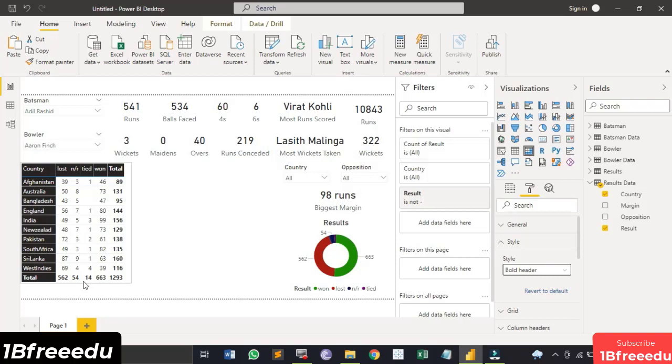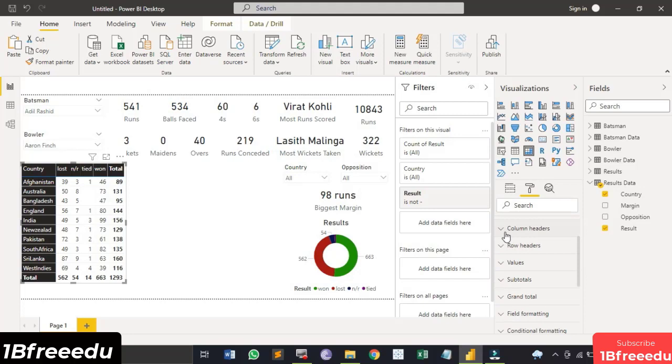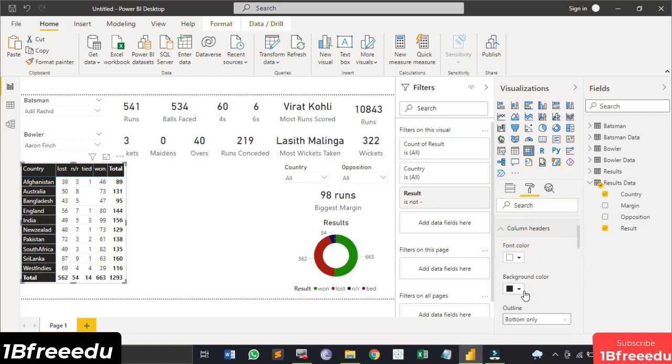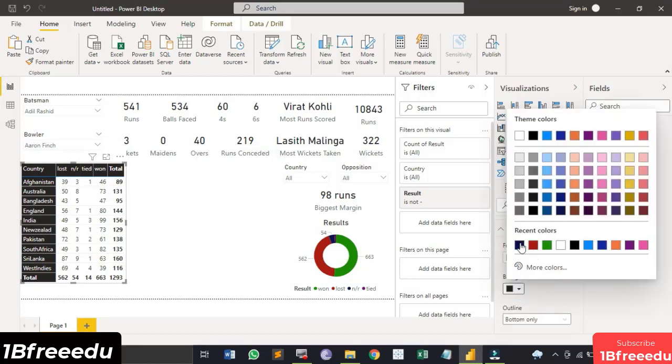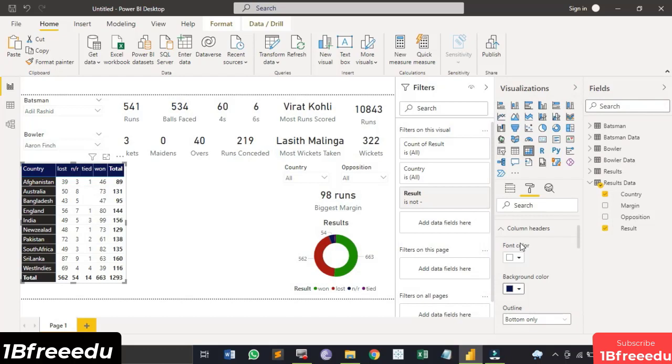Okay, like this style I've selected, I like it. It's simple, minimal, and goes with my theme. In case you are wondering if you want to change the color, then you can do that as well, right? Like now you can see the column headers and the row headers are selected. So if you just go to this column headers option, there is this background color. You can select any color you want. Suppose I select this blue color, so now it would be changed.